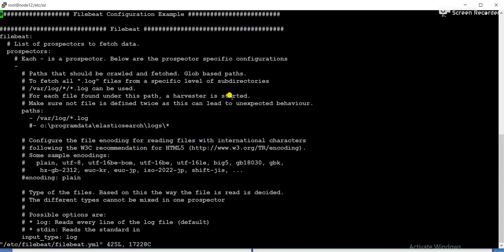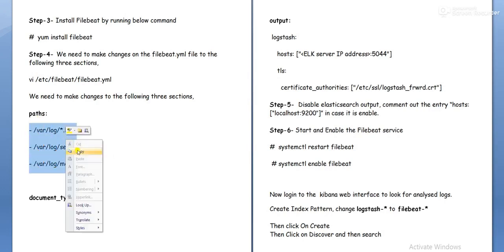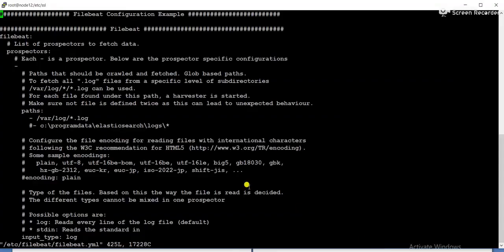Okay, we opened that. So now what sections? We need to go to the path section. So simply I will copy all the contents that I want to send, the logs paths. So I need to search paths. Where is my paths? Next. Okay, this is the path section. If you can see here, already varlog start.log is there. So simply I can give a comment or else I can paste it.